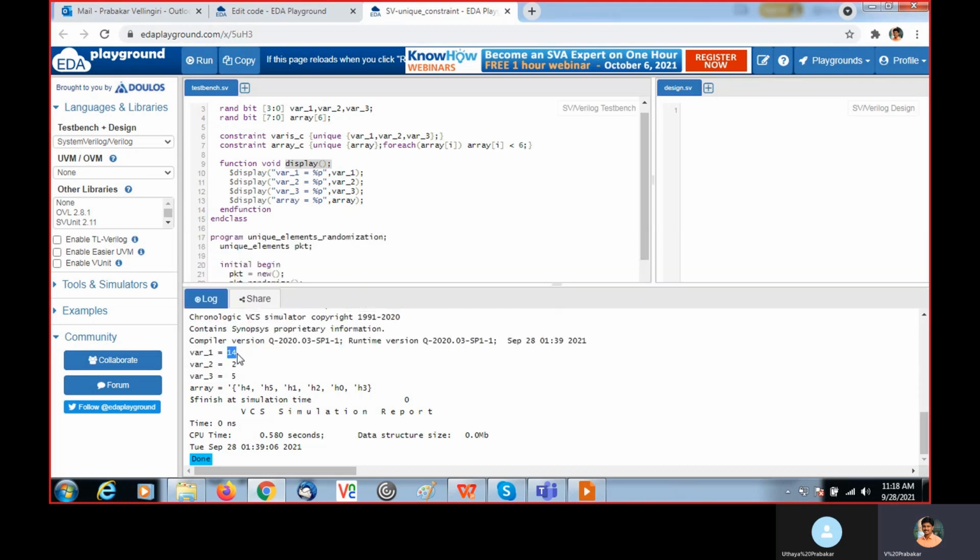See, all the values, variable 1, variable 2, variable 3, are unique, and for the array elements, all are unique values. Less than 6 is the one condition, so all values generated are less than 6, and if I mention unique, the values are not repeated. Otherwise, we are not getting unique values.